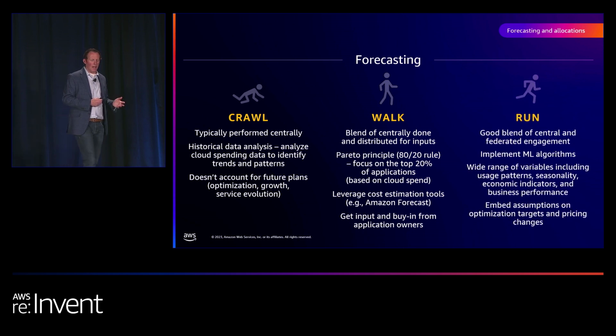And then on the run side, you tend to think about how do we use machines to do some of this work on our behalf? What are the ways in which you can leverage machine learning models and algorithms to do some of this? There's always going to be human judgment, because not all variables, but you'll see if you can start ingesting some of the key variables of seasonality over whatever duration, some economic indicators, and then business performance, which is a key element. A lot of companies will use ratios around how much is revenue growing, how much is a key business metric growing, how's that going to change our cloud posture, which is really important.